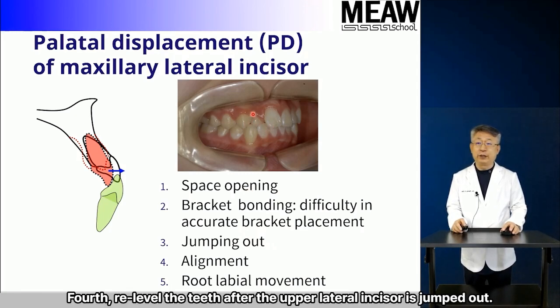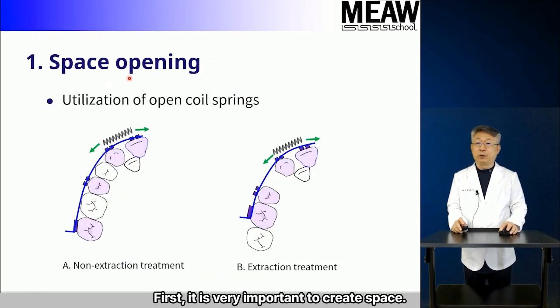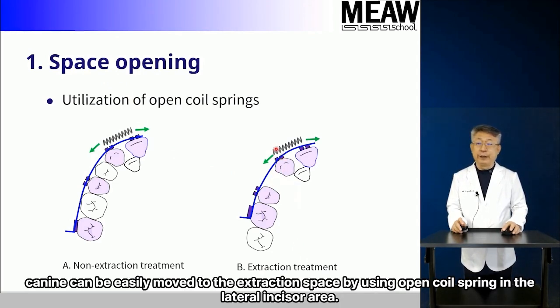Fourth, re-level the teeth after the upper lateral incisor is jumped out. Fifth, and finally, perform torque control for root labial movement. First, it is very important to create space. In premolar extraction cases, since the first premolars are usually extracted, the canine can be easily moved to the extraction space